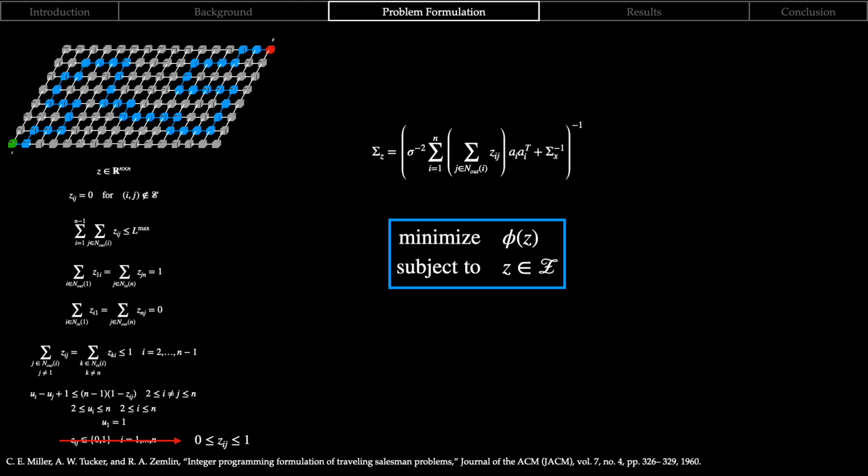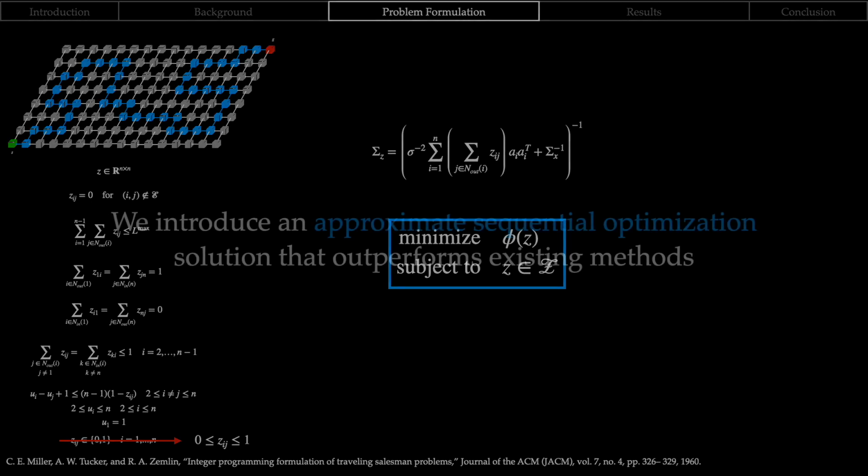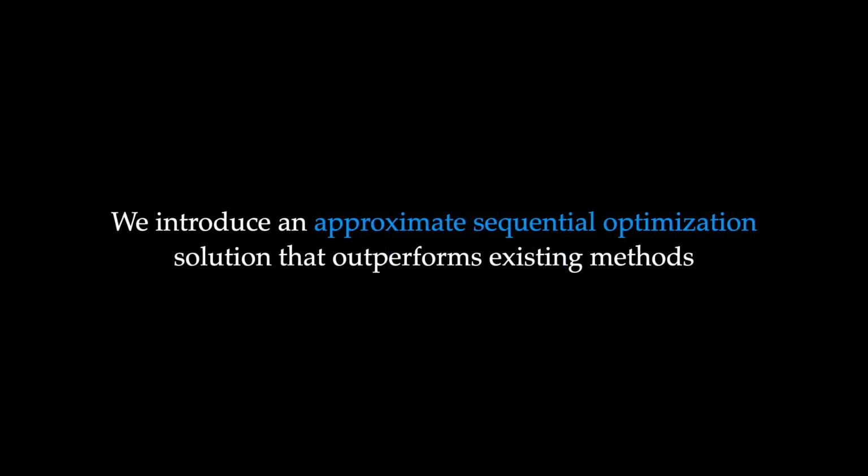The reason that this is useful is because solving this convex relaxation gives us an absolute global lower bound solution to the informative path planning problem. This means that we know for a fact that the true optimal value can be no lower than this lower bound that we've solved for in this convex relaxation. And the reason that this is useful is because this tells us the best that we could ever possibly hope to achieve. And so we make use of this when we introduce this approximate method, because this bound now tells us